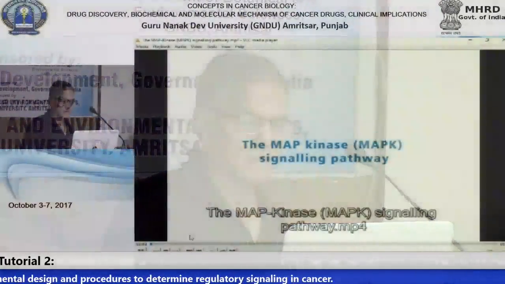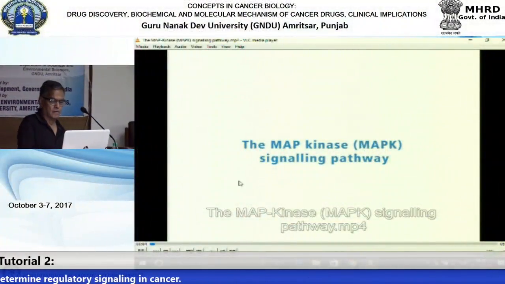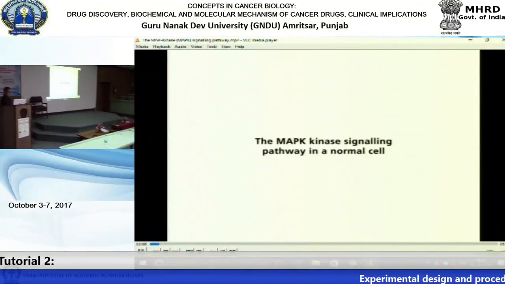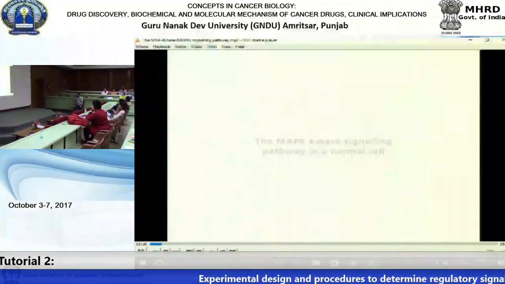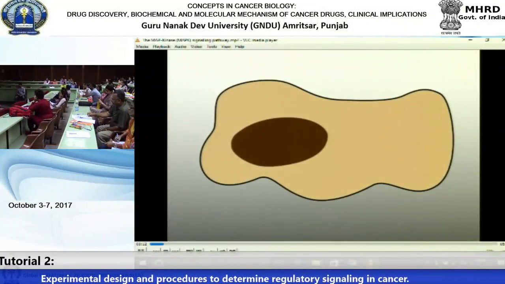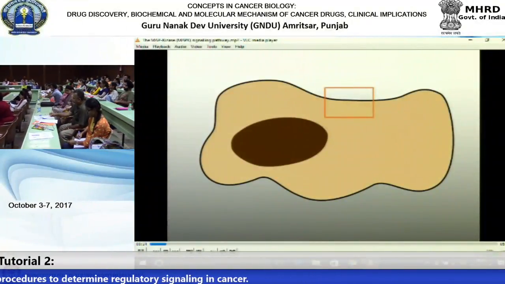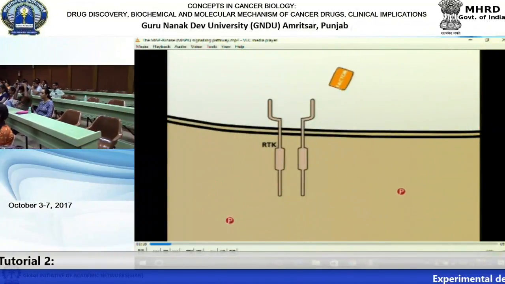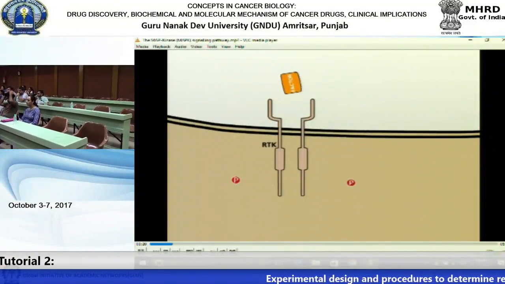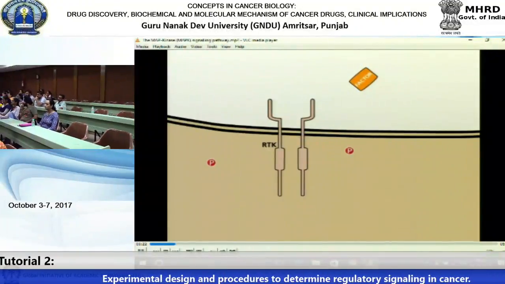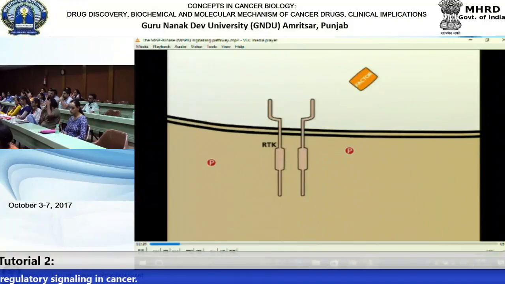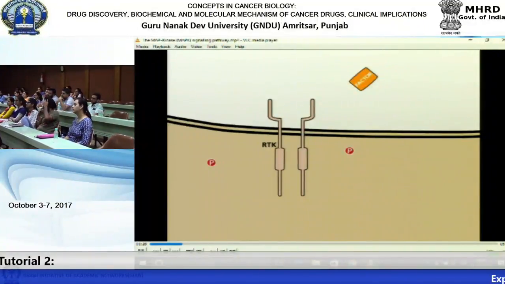The MAP kinase signaling pathway. The MAP kinase signaling pathway in the normal cell. The designation MAP kinase, abbreviated MAPK, originates from one of the first members of this protein family, the mitogen-activated protein kinase. The MAP kinase pathway begins with the binding of a ligand, for example EGF, to the extracellular portion of